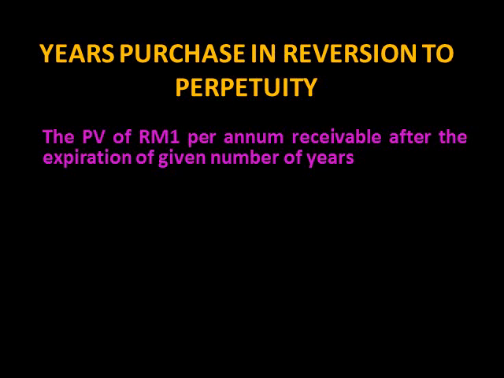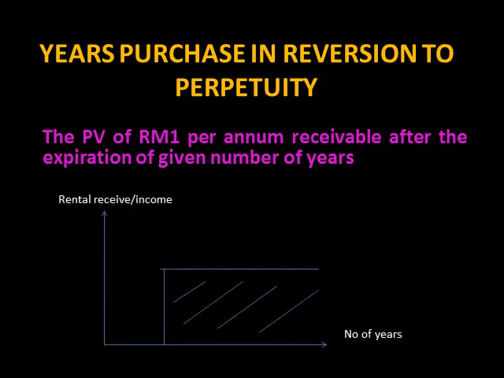This YP is applicable to calculate the reversionary periods, which is the time after the expiration of the rental or the lease, or the expiration of the investment period, whereby the property reverts back to you. So this is the situation. For example,